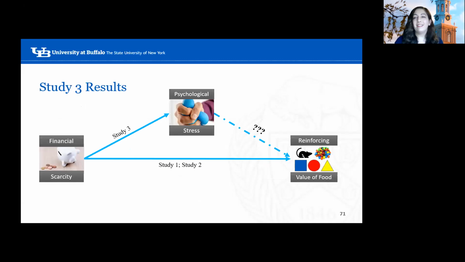So for our final analysis today, I wanted to complete this triangle and see if our markers of stress predicted a greater reinforcing value of food. So we're only looking at the dotted line here right now. For this, I again used multi-level modeling and created the same models I described in study 2, but this time, instead of including manipulated game winnings, I included the change in cortisol from baseline to right after the manipulation. I also did this for the other markers of stress, but I expected cortisol to be the one that would